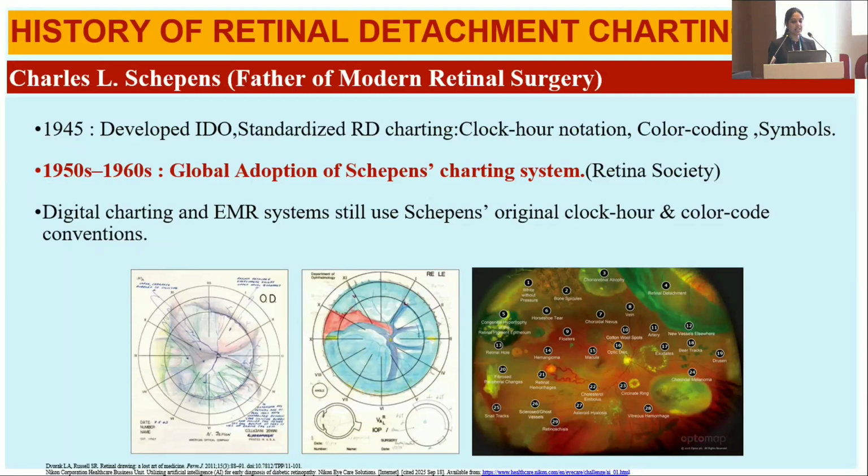Coming to the history of retinal detachment charting, Charles L. Schepens, who is the father of modern retinal surgery, in 1945 developed the indirect ophthalmoscope with standardized RD charting with clock hour notation, color coding and symbols. By the 1950s to 60s, it led to global adoption of Schepens' charting system throughout the world. Even today, in the era of digital charting and EMR systems, we still use Schepens' original clock hour method and color